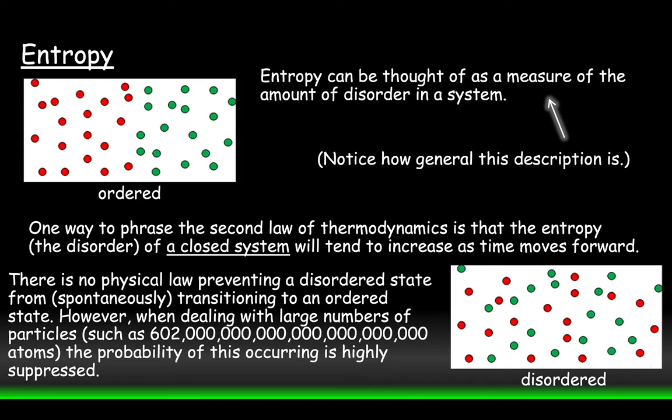And as we increase the number of particles in a chamber, it becomes even more unlikely to move from a disordered state to an ordered state. By a large number of particles, I'm talking about Avogadro's number of particles. In the dice example, if you roll 1,000 dice, think about how many rolls it would take to get 6,000. Well, what if you're rolling this many dice? That would be even more unlikely. It's so unlikely that for all intents and purposes, it just straight up is not going to happen.